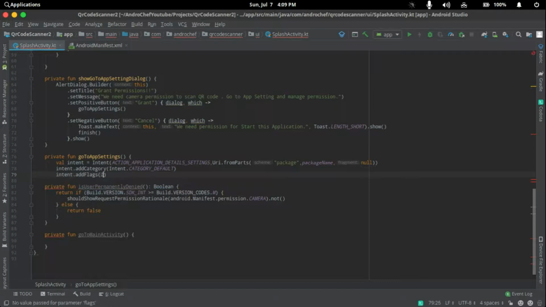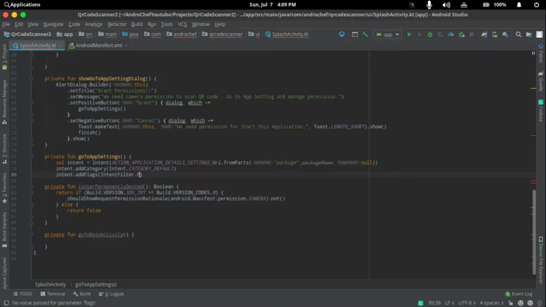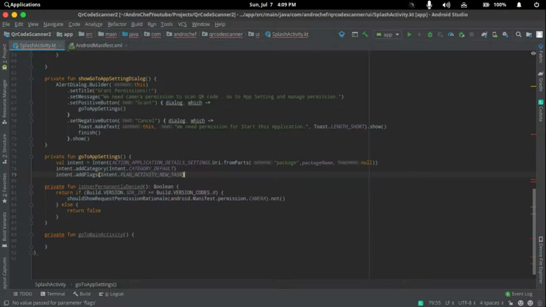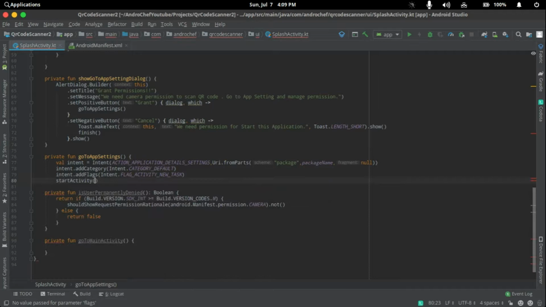So we will use intent flag, oh sorry, it will be intent dot new task clear flag. Okay, and we will just start the activity with passing this intent, so it will navigate to the